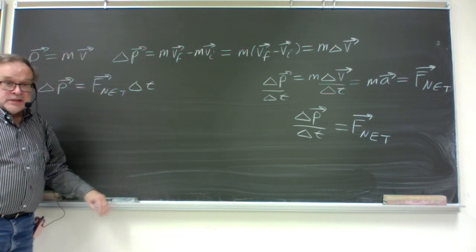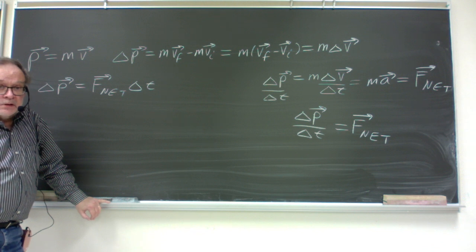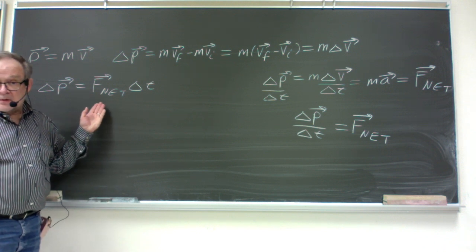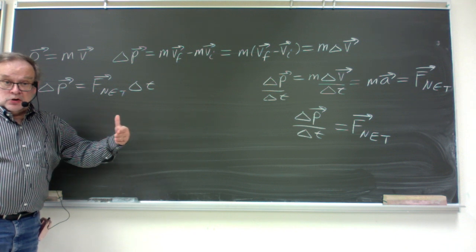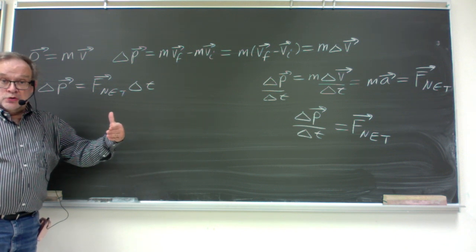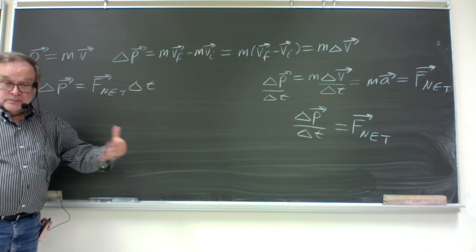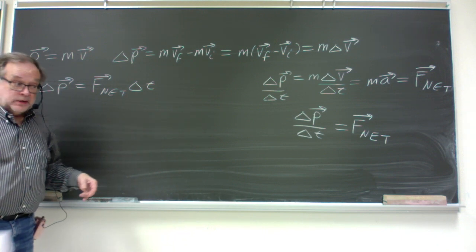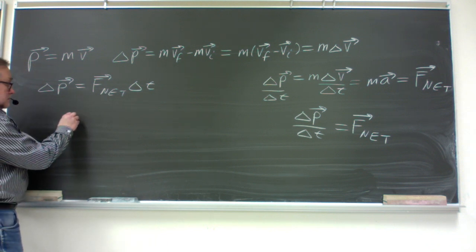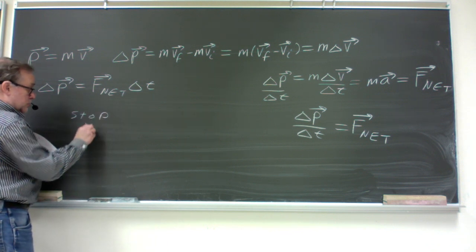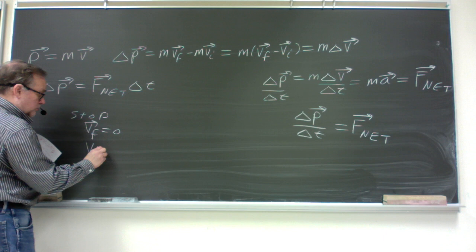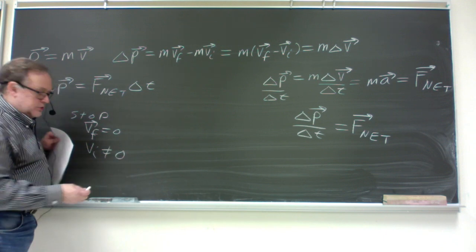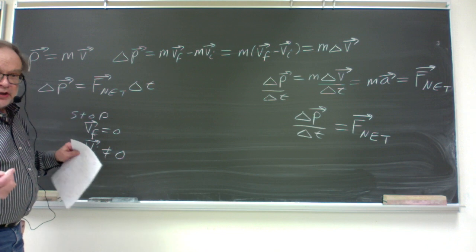And as I said, we see some things here that we might not have noticed otherwise. For instance, this is the idea behind airbags. So you're in a collision, and you come to a stop suddenly. That means your momentum changes, right? That means your final velocity, of course, is 0, and your initial velocity is something other than 0. So your change in momentum